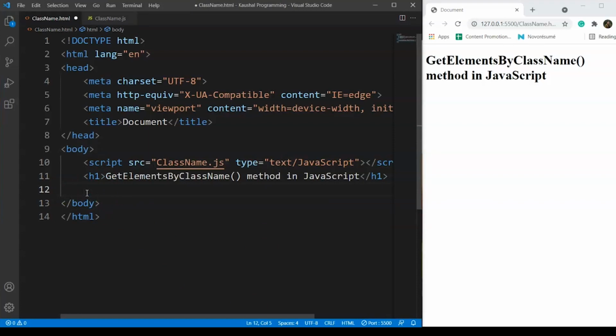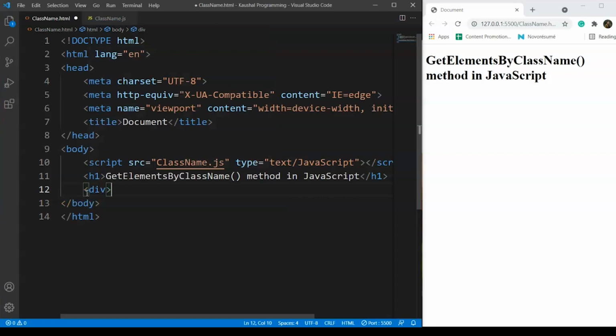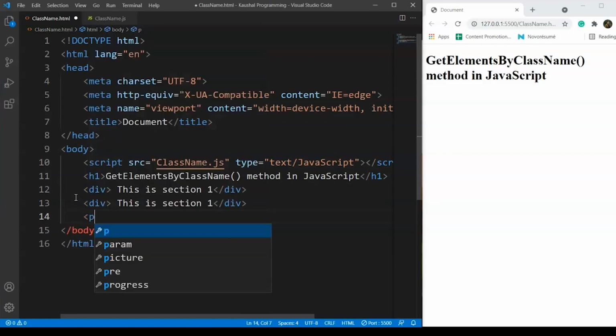So let's say we are writing here div, and then inside this div we'll write this is section 1. We'll copy this, we'll paste it here. So we'll use 2 div elements and 2 paragraph elements, right? So here in this p tag we'll write this is section 3,